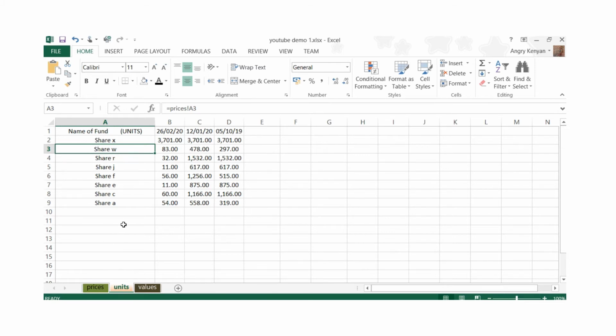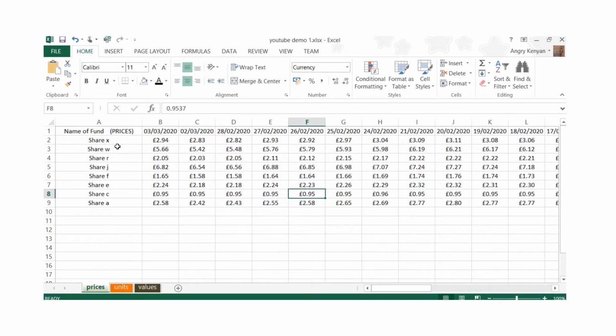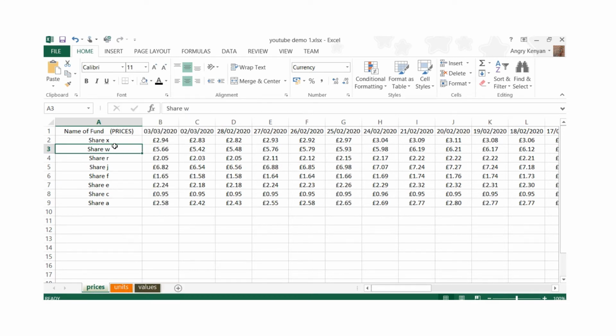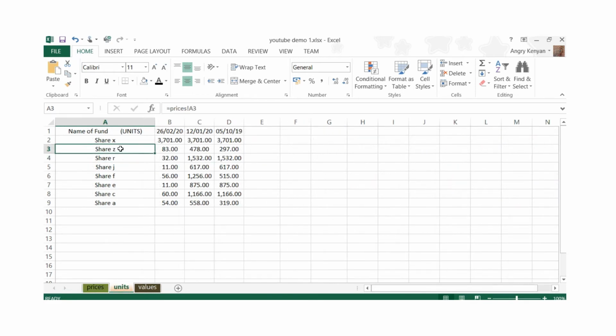So if the first page changes, everywhere else changes. So it means as little change as much as possible. So if I go for prices here, and that says share W, if I change the name of that, let's call that now share Z. That's called share Z. And then we go to the units, and again you see straight away it's all changed to share Z. So that's how you do that. So you just go in here,